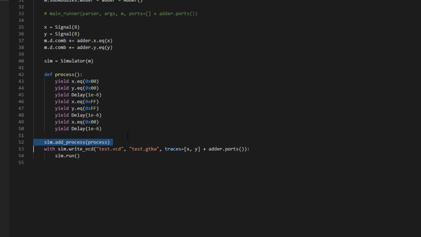So we add that process to the simulator. There's another function called add sync process, which is for adding processes that use clocks. But again, we're not using a clock here, so we just use add process. And then we call the simulator's write VCD function. VCD is the output format or input format used by GTKWave, which is a very useful waveform displayer. There's also a file called